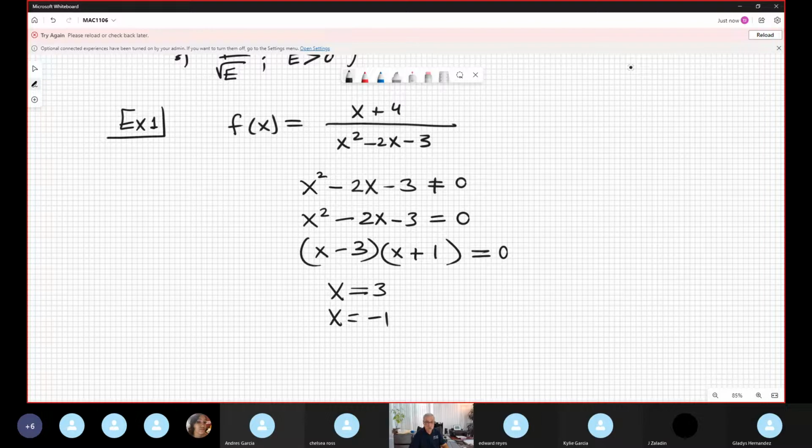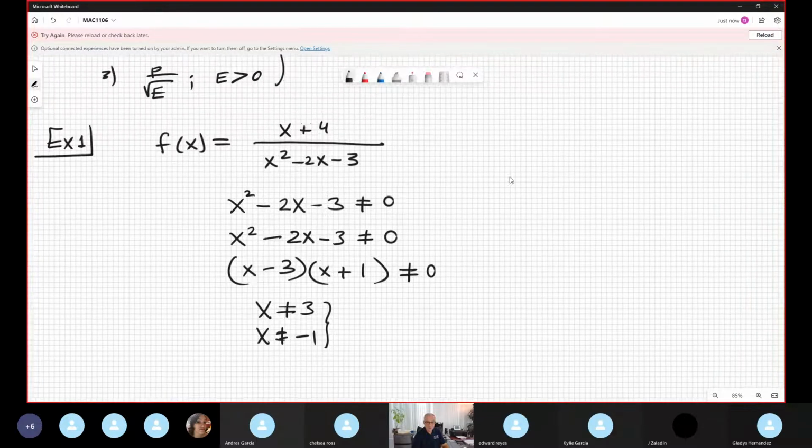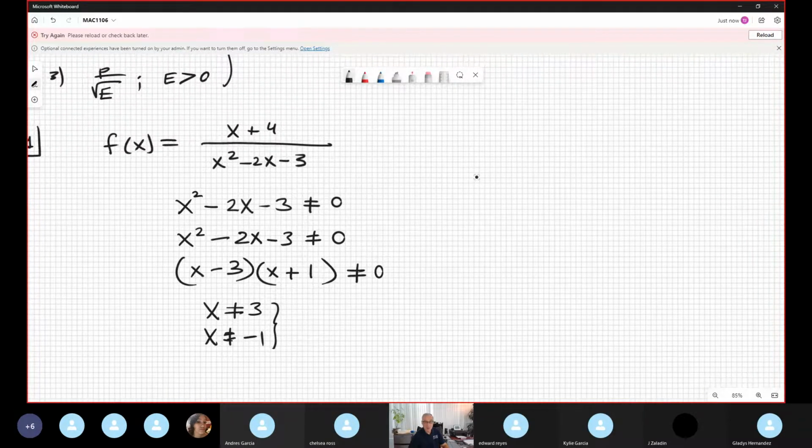Actually, we continue doing this problem using this symbol, no equal. So this is the restriction. This is the bad guy. This is the number that you exclude from the domain. So how do you present the final answer? Well, the final answer is easy. Look, you have